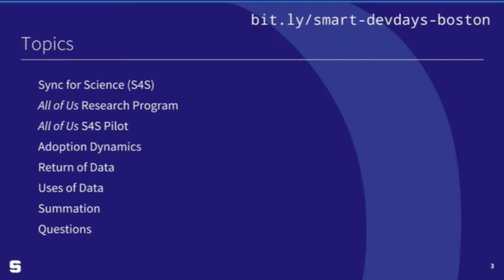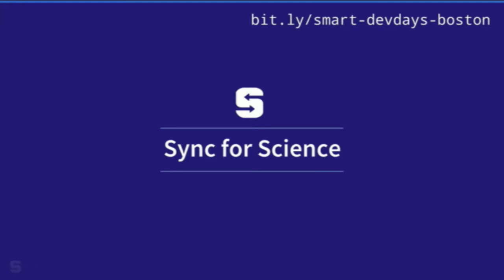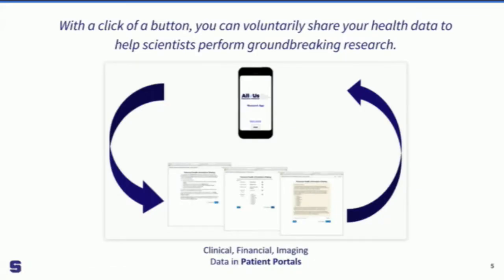So, today as a patient, if you want to share your electronic health record data with a research study, it's not that easy to get started, but we think that's changing, and we'll talk about the landscape and why that's changing and how fast. So we'll start by talking about this project called Sync for Science, and this is the